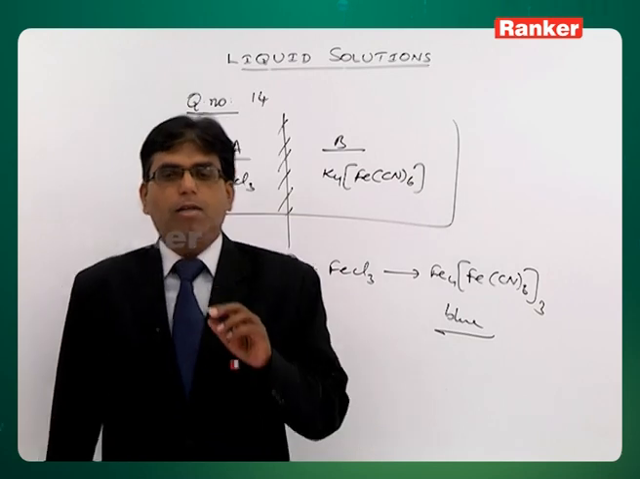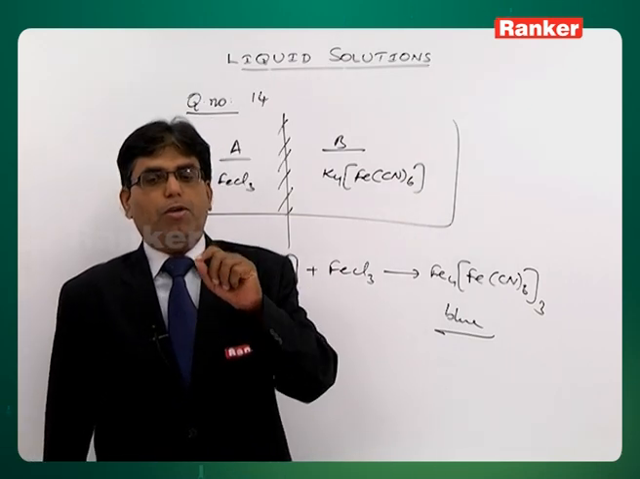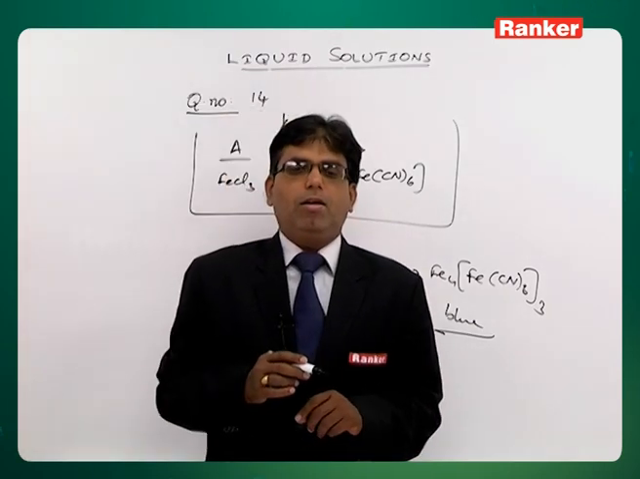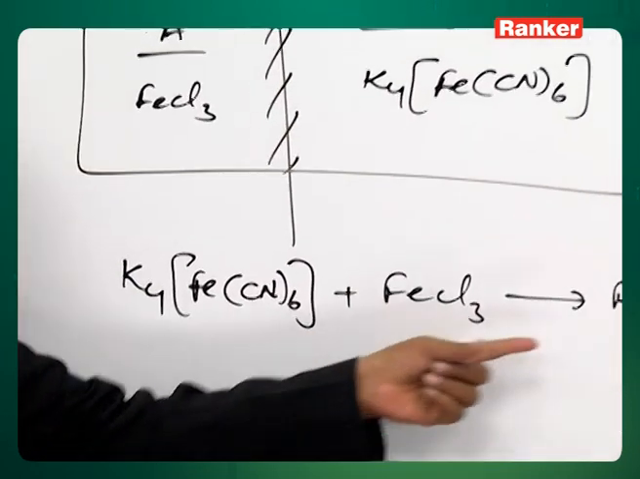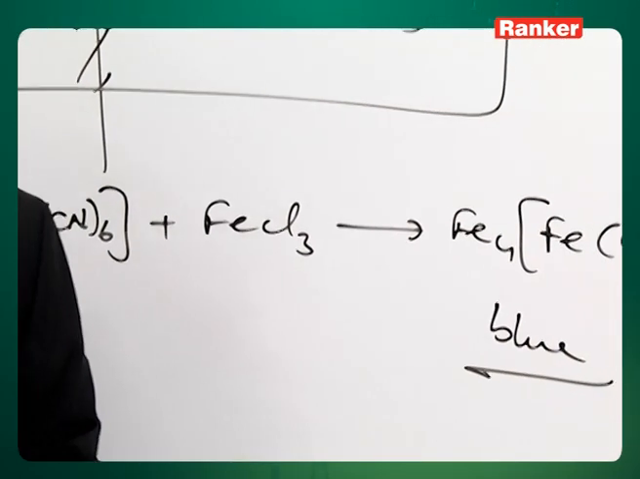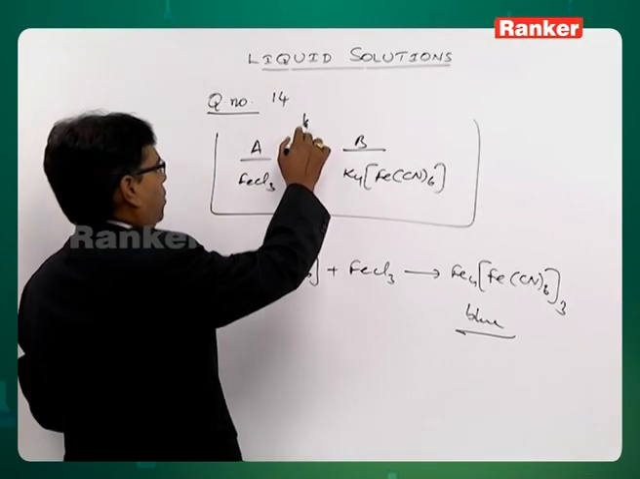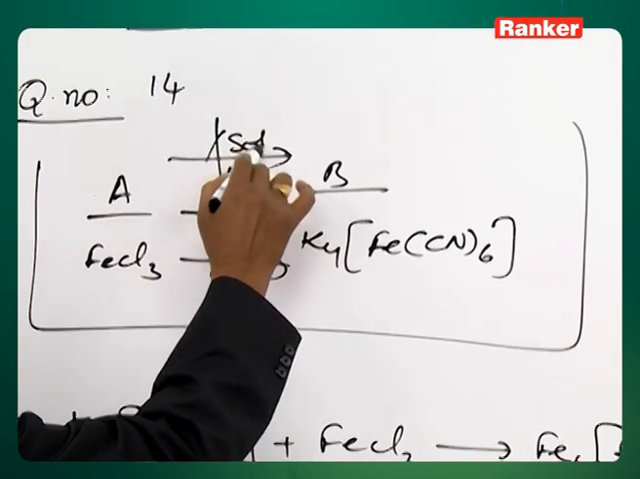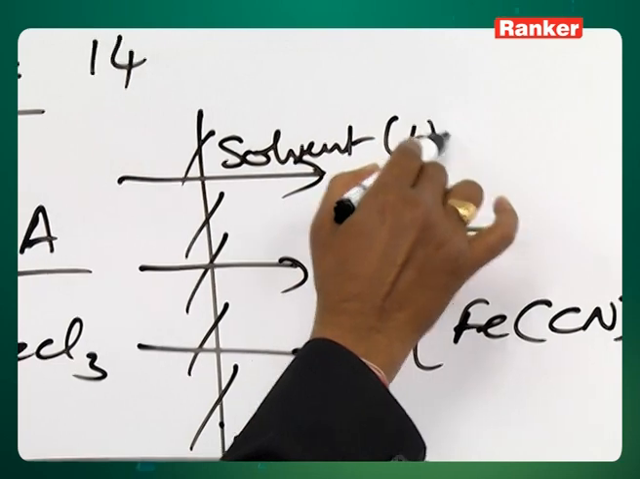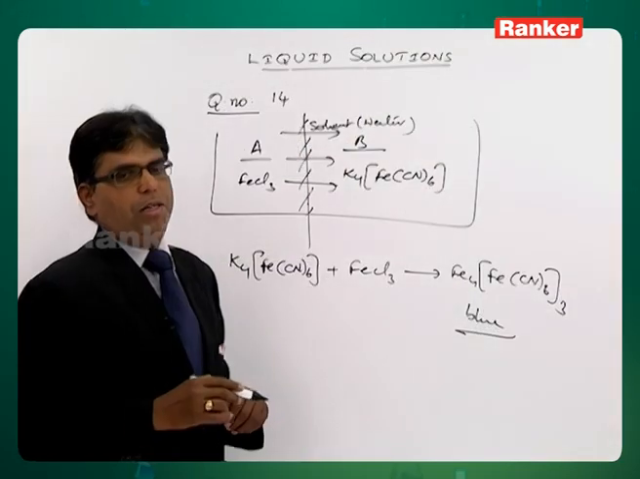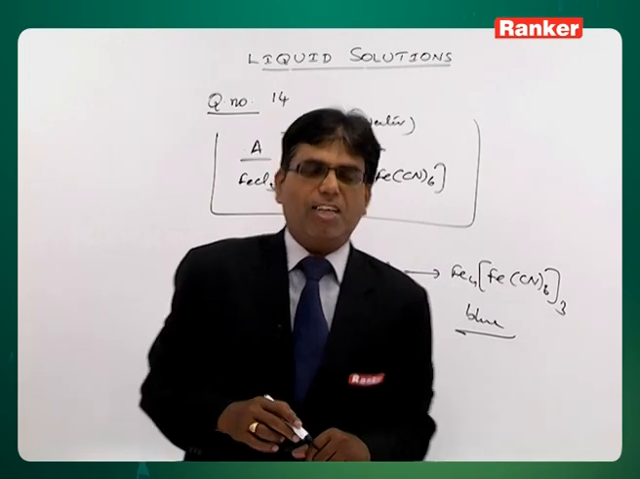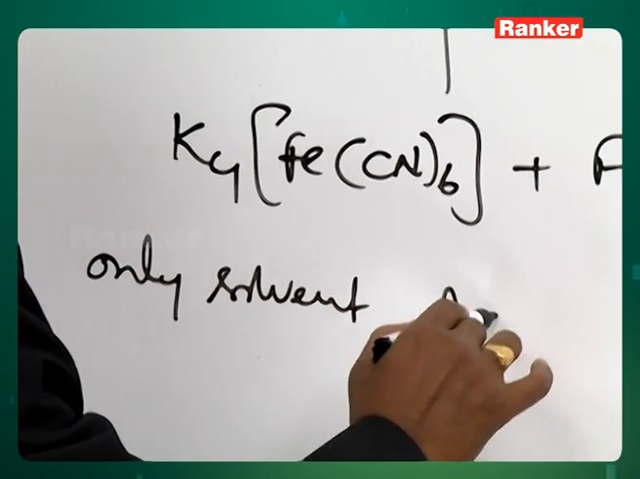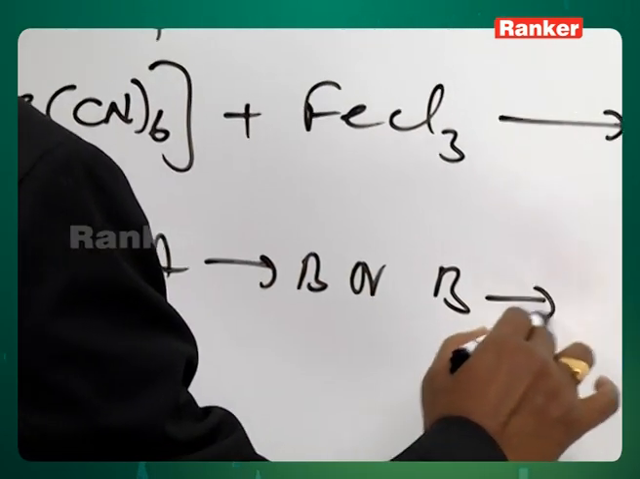Now, the question is that because of this reaction, will the blue color be noticed in A or in B or in both or none? No doubt that when these two react, we will get this blue colored ferric ferrocyanide, but this being a semi-permeable membrane, it allows only the flow of solvent, that is water. Water only flows from A to B or B to A depending on their concentrations. So, it is only solvent that transfers from A to B or B to A, but